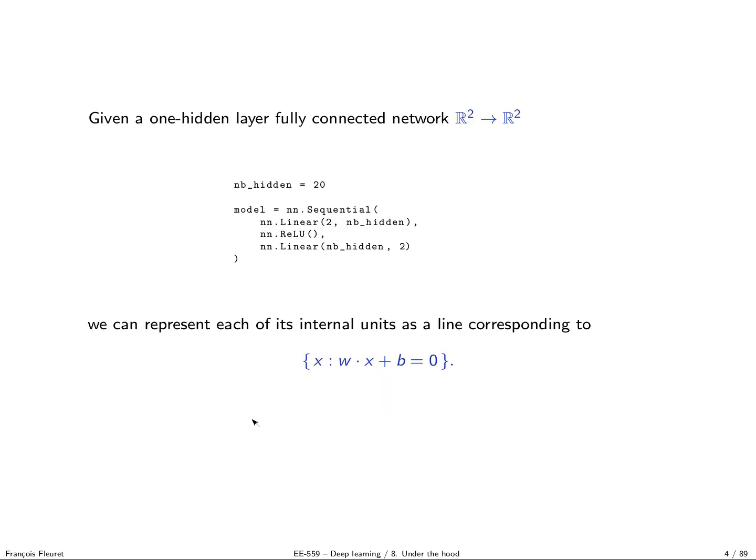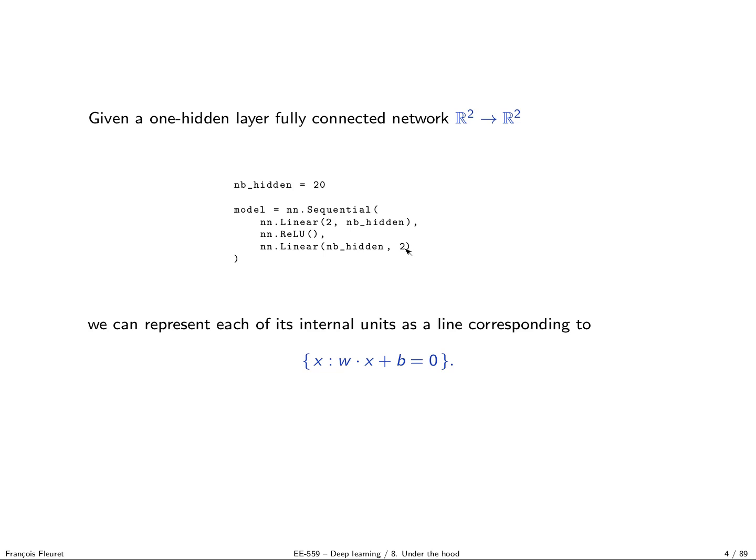The first thing we can do, which can already give you a little intuition of what happens in a simple case, is to look at an MLP from two dimensions to two classes. So a standard binary classification problem in 2D. Let's consider a model like this, a one hidden layer perceptron. It has two inputs corresponding to the x and y coordinates of a point, then a nonlinearity, then a bunch of hidden units, and a nonlinearity, and then two units as output corresponding to the two classes.